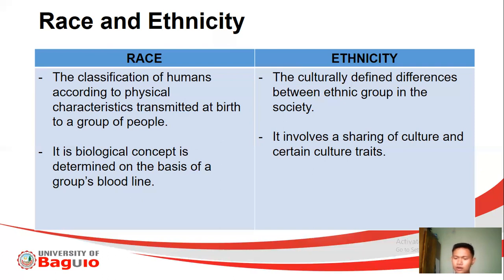In some parts of Cordillera, like for example in Kalinga and in Mountain Province, they're practicing the pagta. When you say pagta, it is an agreement between disputes. For example, there are two families who fought with each other and they could not settle. So ang ginagawa nila, they call the elders of the community and they talk with each other until, as much as possible, magkabati sila without the use of the lupong tagapamayapa from the barangay or without the intervention of police officers. So ganun ang race natin and then ethnicity.